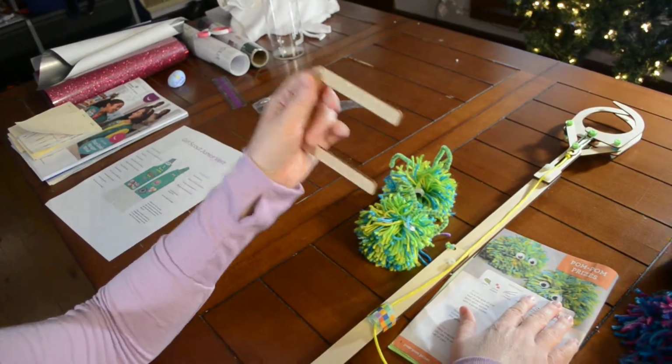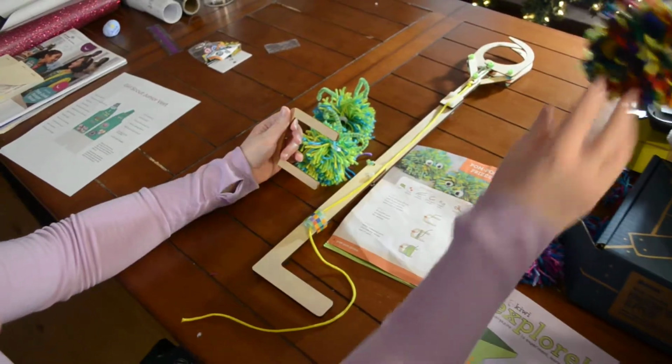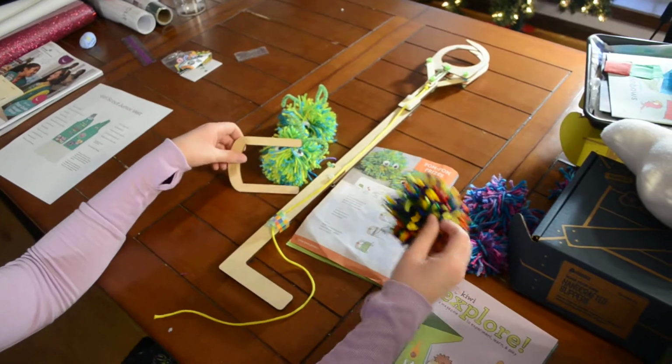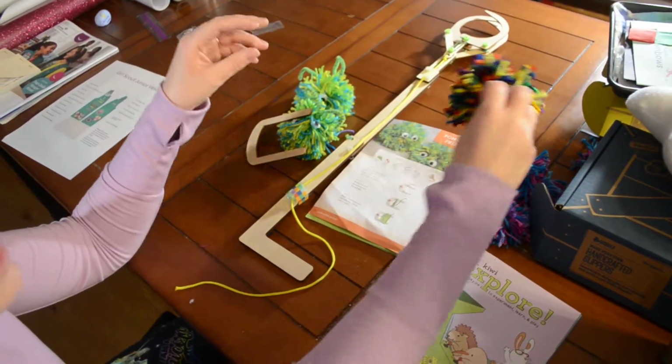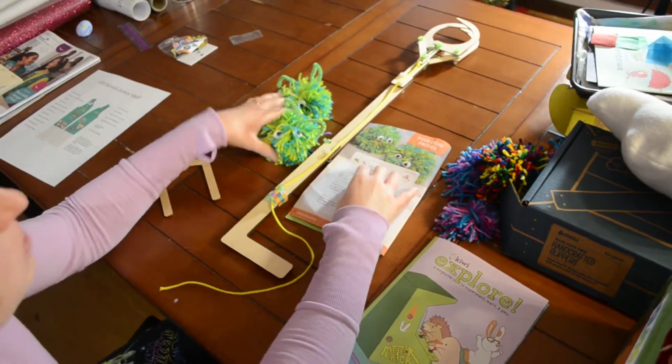My kids and I wanted to make more. So if you want to make more when you're done, you can just get yarn, and instead of using a pipe cleaner, you can just tie it in the middle, and it works great. My kids wanted to make extra prizes. So again, these are the 2 prizes that